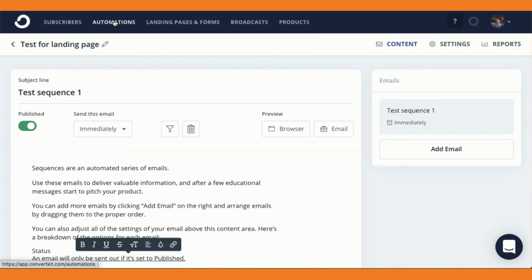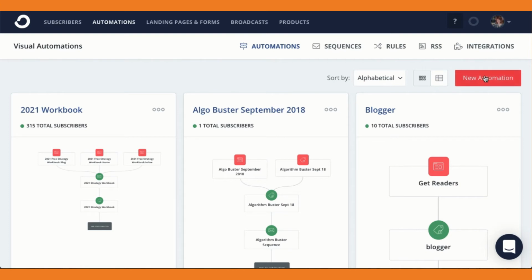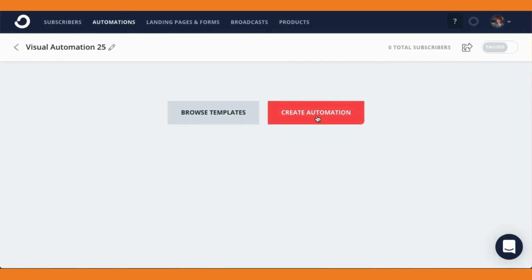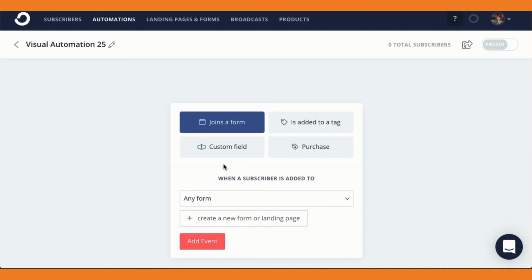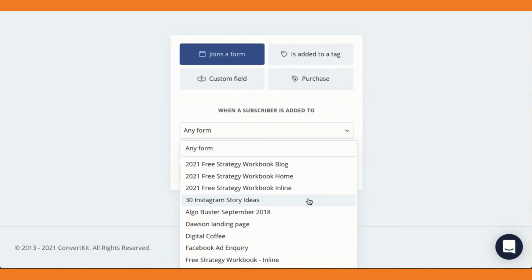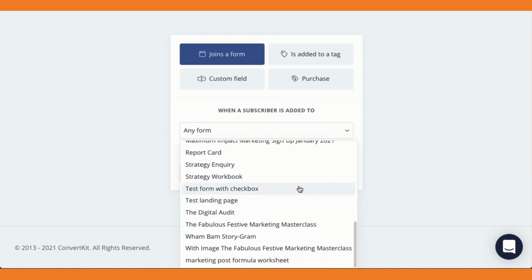Step 3 is to set up the automation to connect your landing page to that email that you just created. Click into Automations again, and this time click New Automation. Click Create Automation. And here we've got the trigger. What is it that is going to start this automation? And although this says joins a form, it does mean joins a form or landing page, just to mention that. And as you can see, it's got any form written here, but we want to select just the landing page that we've created for our lead magnet. So if we click on the drop-down menu, here's our test landing page,